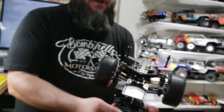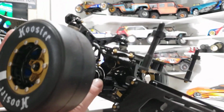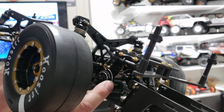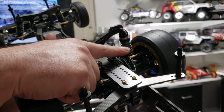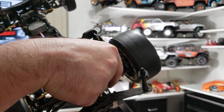We're going to pop the tires off here and show you a little bit of what the rest of it looks like in just a moment. But we are going to talk about the Exotech alloy gearbox that just came out. Now this thing is a fit and finish unseen like anything else. It goes together quite nicely. I will tell you that you're going to need to add some shims to the top shaft. I think we added a total of 3.5 shims for the top shaft to get rid of any slop in the